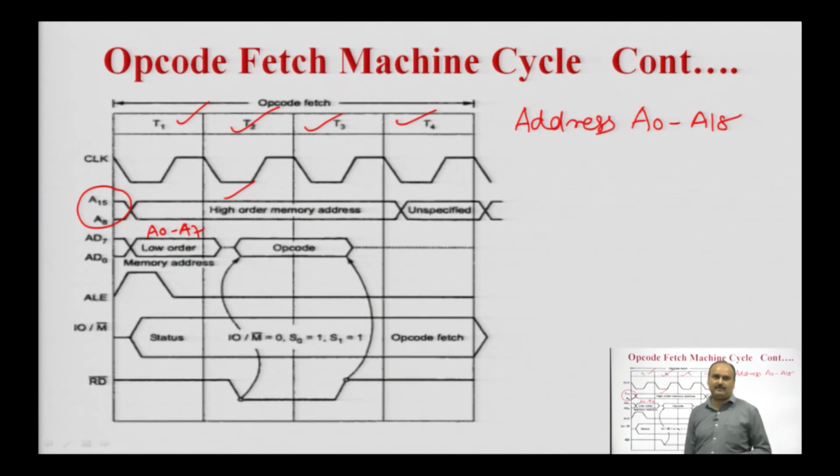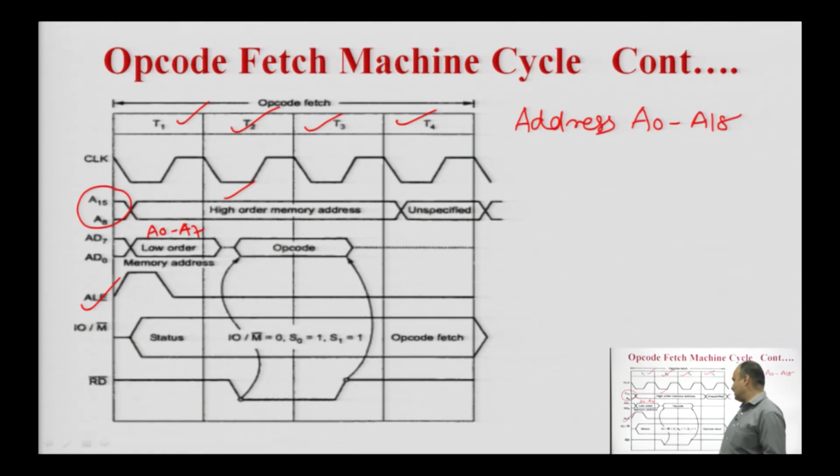During the T1 T state, the microprocessor generates an active high ALE signal, that is the address latch enable signal. This address latch enable signal enables the latch. When the microprocessor enables the latch with the help of the ALE signal, the latch holds the low order address during the T1 T state. After the T1 T state, the ALE signal changes its state from logic 1 to logic 0 and the latch is disabled. The same lines are then used to carry the data on D0 to D7, the data lines.